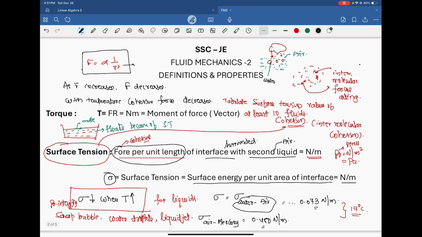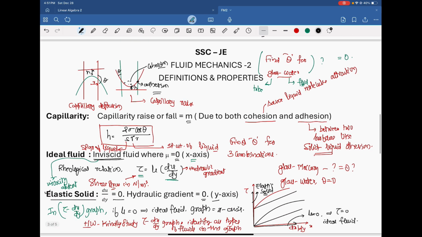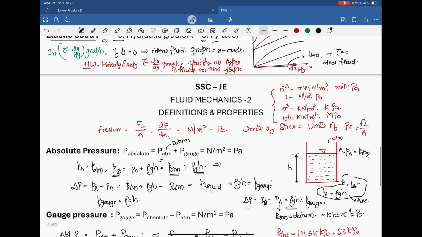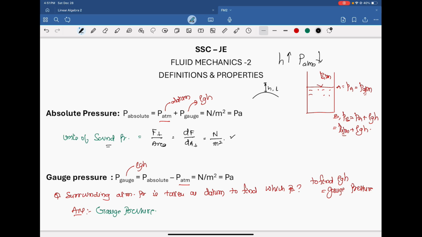Then we have gone into surface tension definition, capillarity height definition, and then ideal fluid, elastic solids, absolute pressures, gauge pressures, and then finding the gauge pressure. What are the formulae connecting gauge pressure and atmospheric pressure, and what is the variation of surface tension with respect to temperature, and what is the variation of atmospheric pressure with respect to altitude from the surface of the earth. These are all the things we have discussed